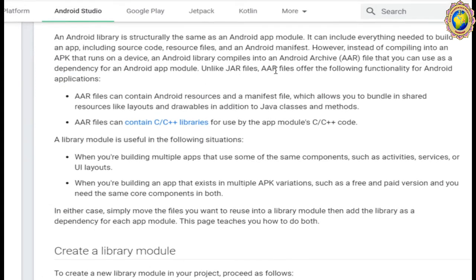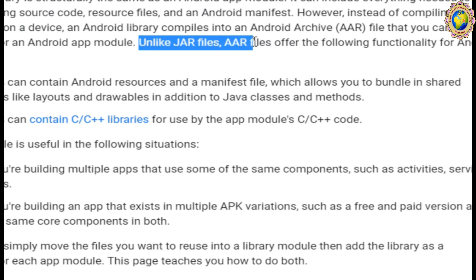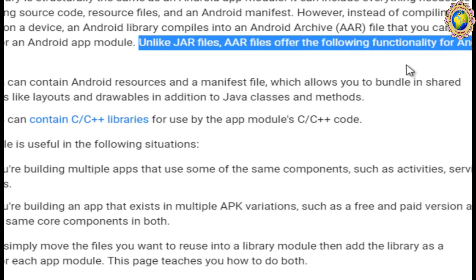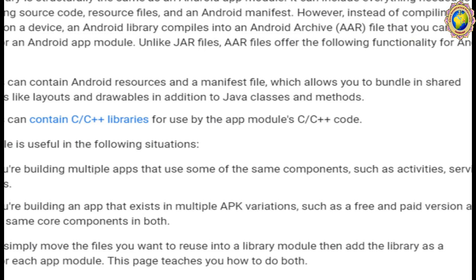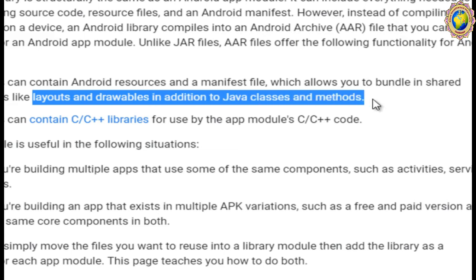Okay, so unlike JAR files, AAR files offer the following functionality. First, it contains the Android resources and the manifest file. So this shares resources like layouts and drawables in addition to Java classes and methods.